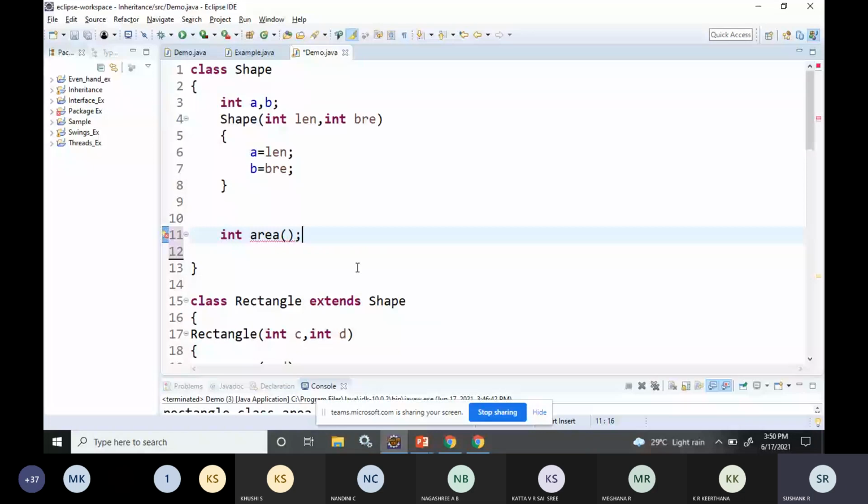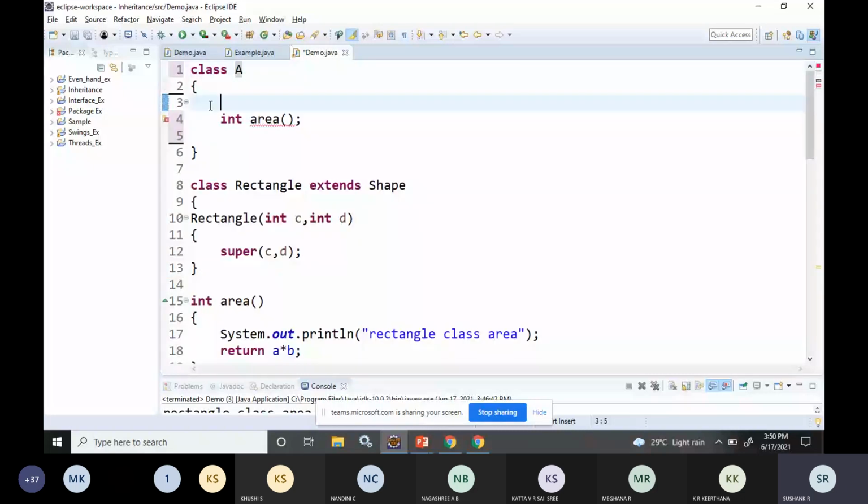I'll create a class called A, and I won't use any variables. For this class A, I'll write one function called display function. For this display function, I will not write any logic. I'll just declare that display function.